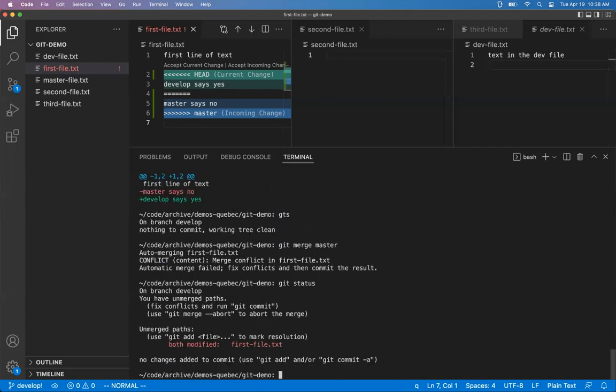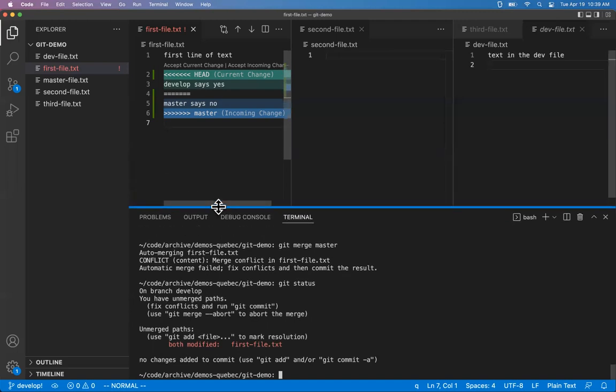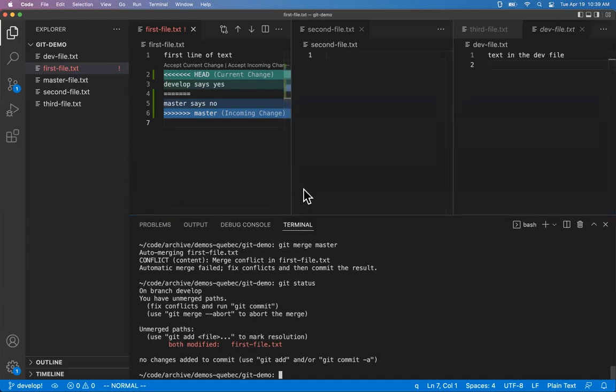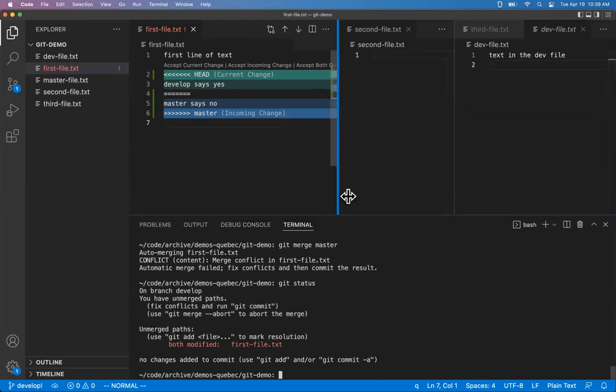So I do git status. The git status is going to reflect that. I have unmerged paths. I have not finished my merge yet. It's showing the files that are problematic. So I need to fix up this file and then I can add and commit like normal, and that'll finish the merge. So now when I look at the file that Git is complaining about, first file.txt,